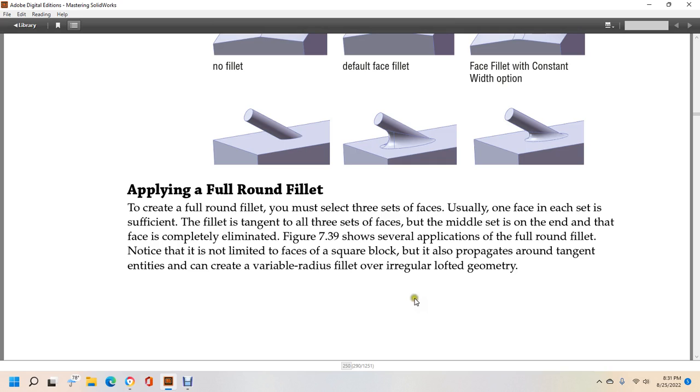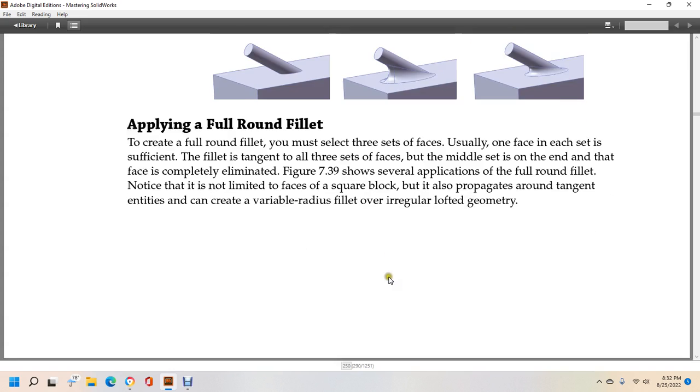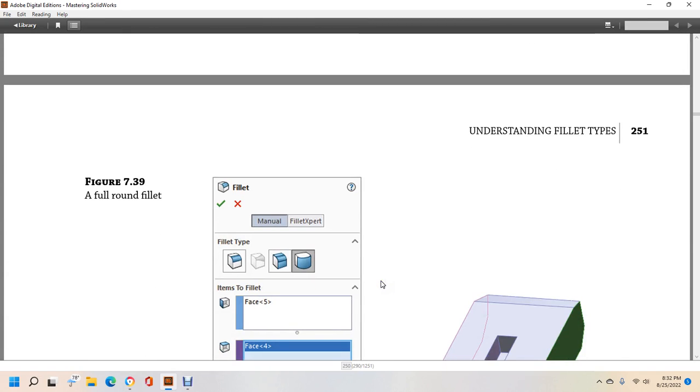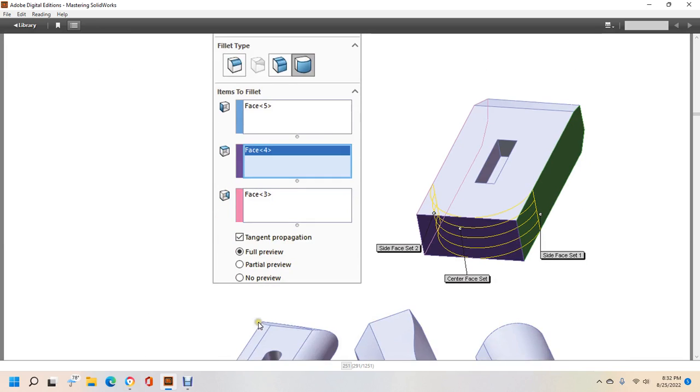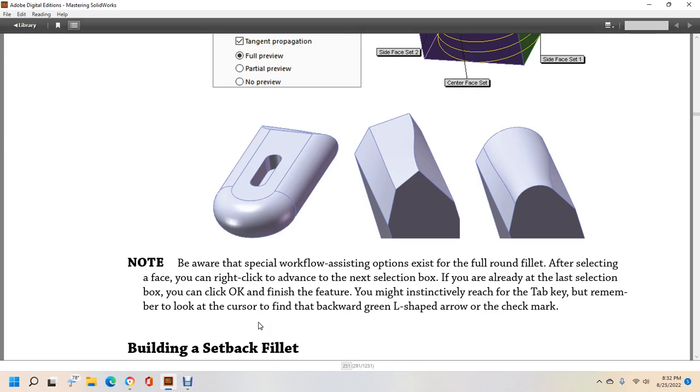Notice that it is not limited to a square block, but also propagates around the tangent. Endings can be created with variable radius fillets and irregularly lofted geometry. Full round fillet is selected over here on the fillet type. The faces box shows three faces, with tangent propagation, full, partial, or none. Beware, special